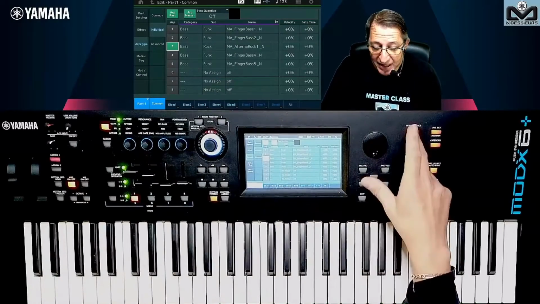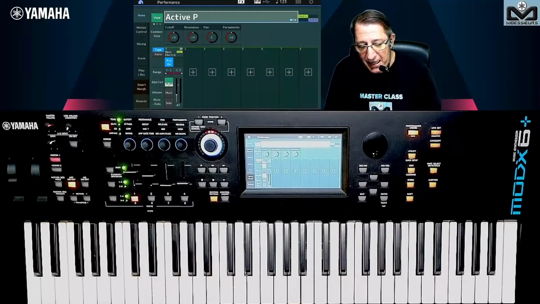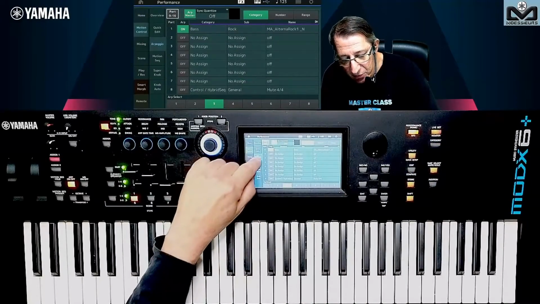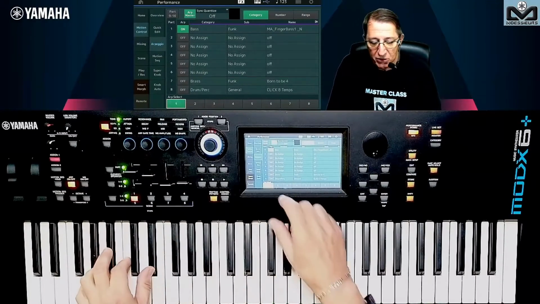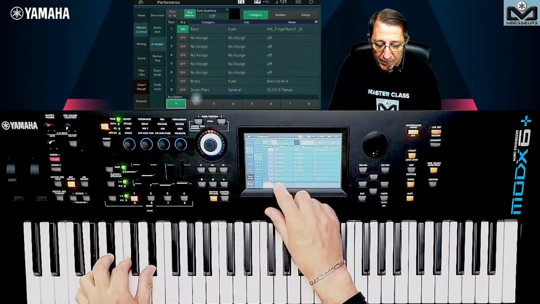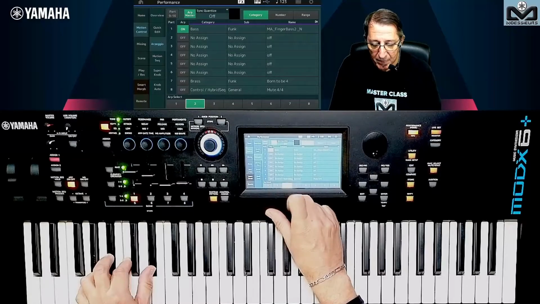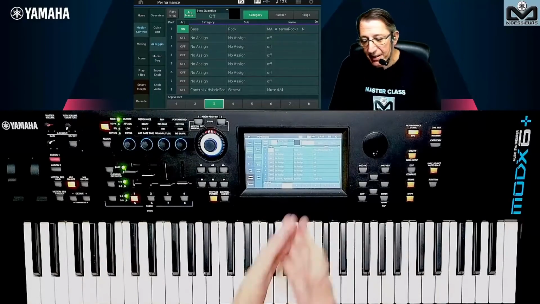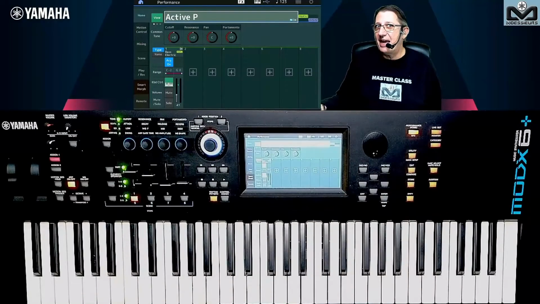But before this, if you want to see in a better way how to change, you can go here on motion control. And here on motion control, you have this screen arpeggio. And here it's easier to select your arpeggio. Okay, so you have seen, and of course you can work with scene memory. So that's the bonus time.